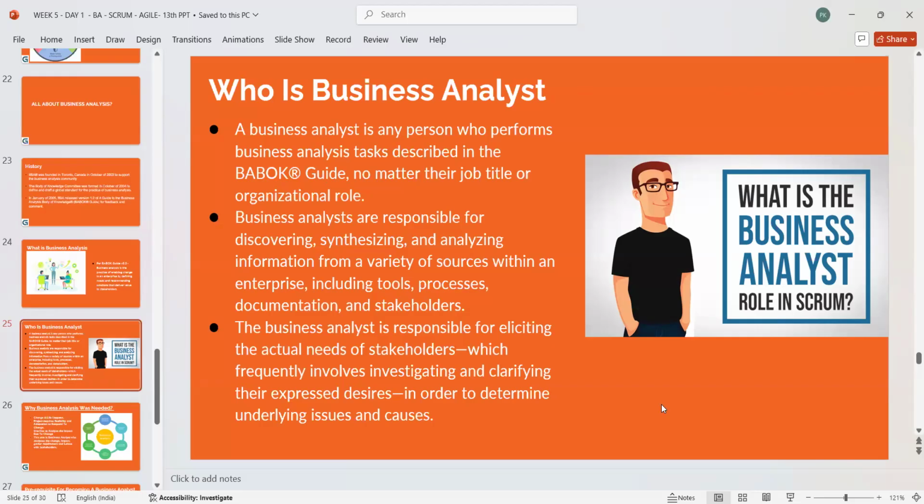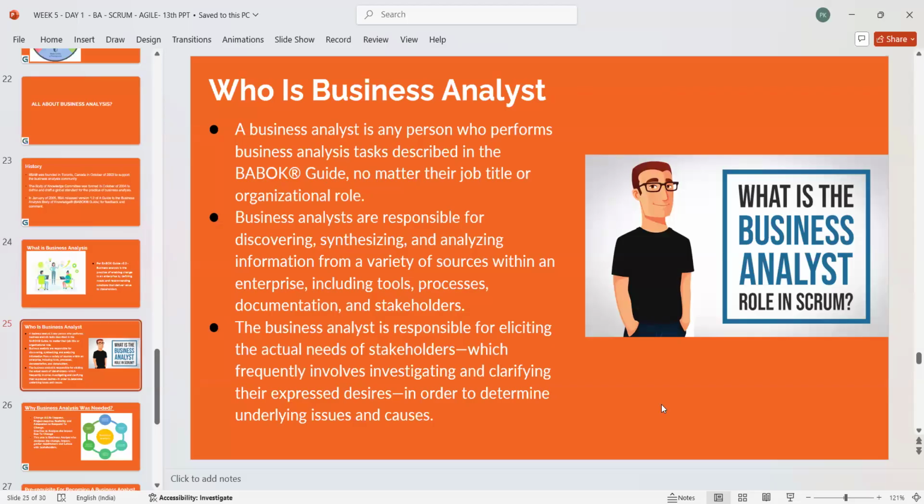So when we say variety of sources, it means that there might not be only one person, there might be multiple people involved in the process, from the customer point of view. Even your development team might have some doubts about what the customer wants. So you go back to them and get those clarified. So you are not getting data from only one source. You're getting data from multiple sources.